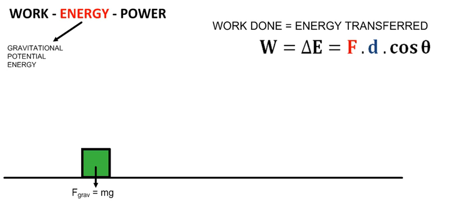We will now consider the work-energy theorem as it applies to gravitational potential energy. Consider a mass m resting on the ground. In order to lift that mass, we require a force that is at least equal to the weight, so therefore a force equal to mg. And if that force causes the object to move through a distance h,